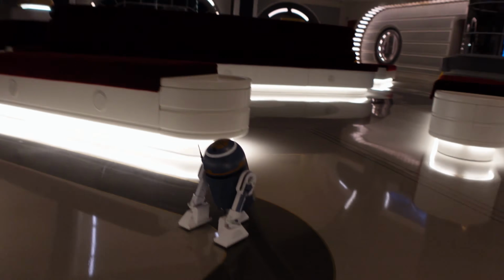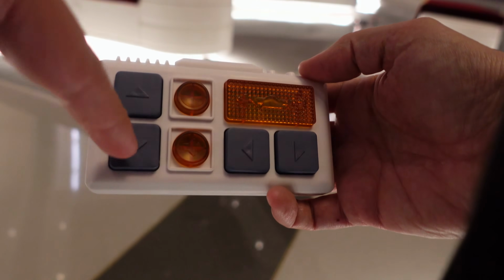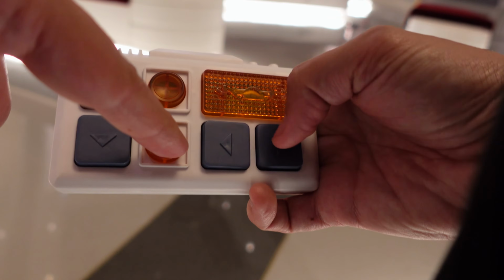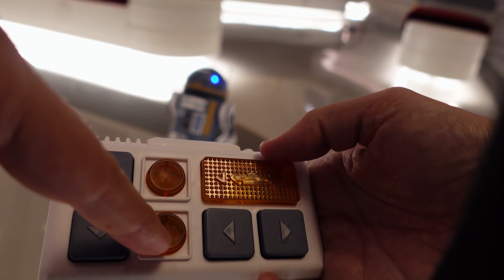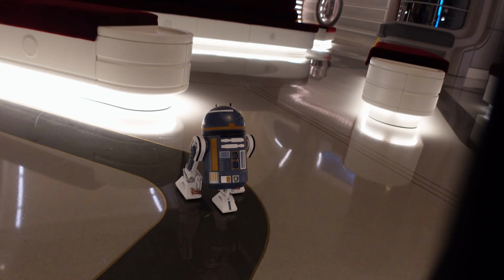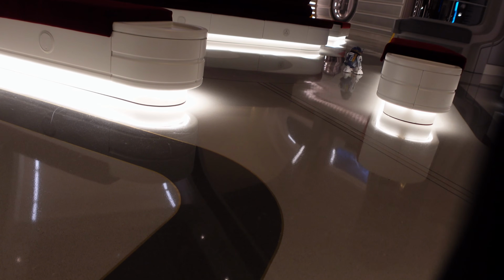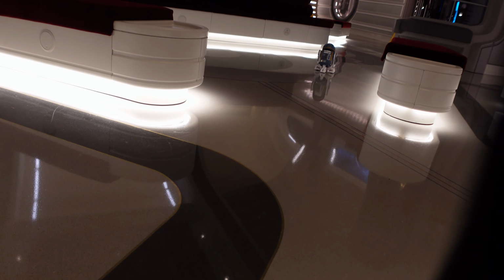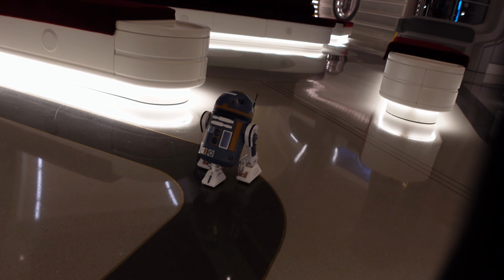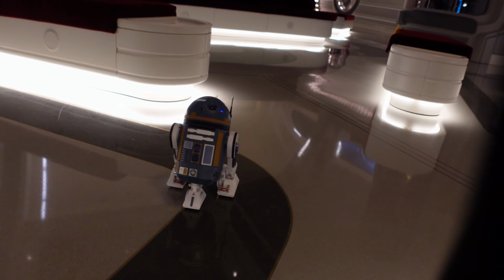I don't know why I never bought a droid until now, but I'm getting pretty dang good at all the movements here. Hang on, let me see if I can sequence this where I can hold it. We got forward, backward, so front, back. This is for an accessory. This is sounds. And then you have the dome left and right action. I'm telling you, these things go really far, but I've gotten pretty good at steering them. I'm very excited for the droid races tomorrow. That's gonna be so much